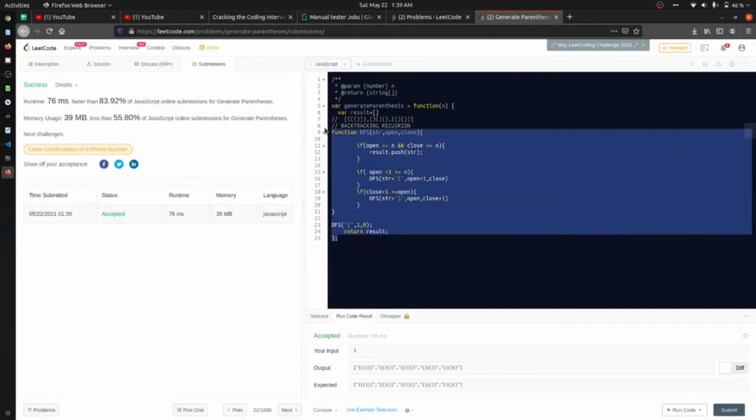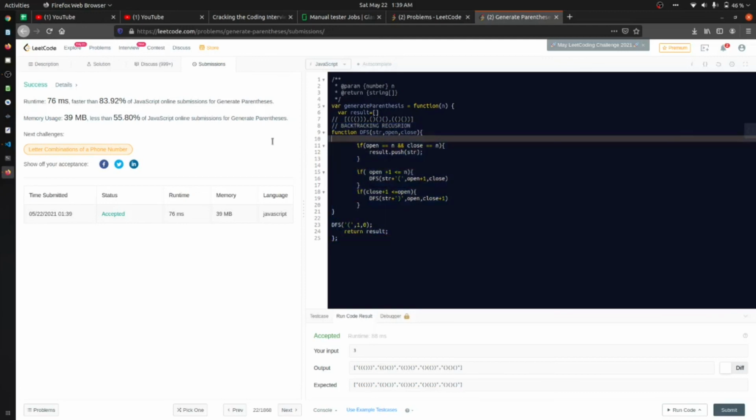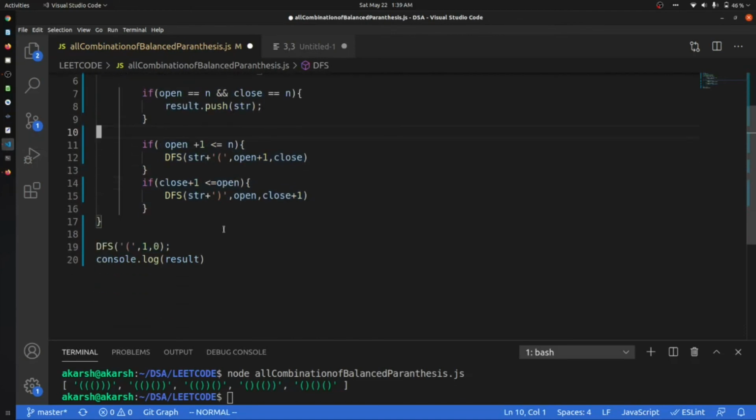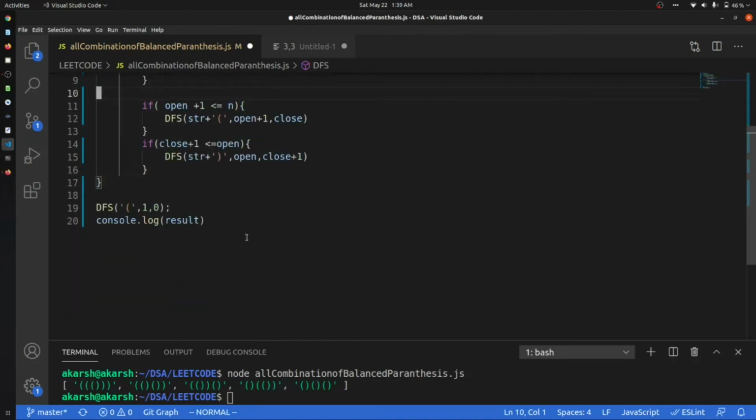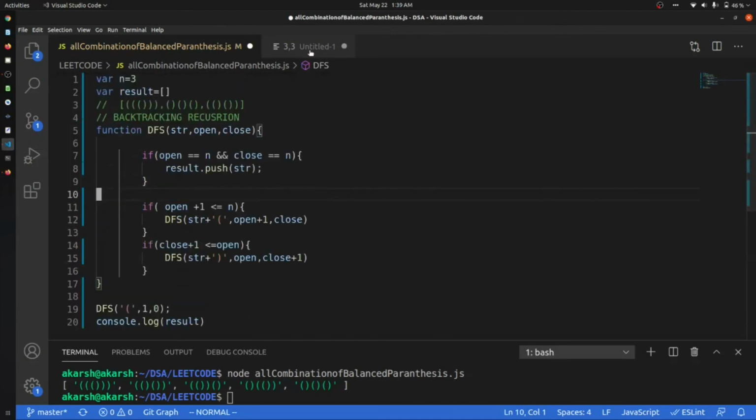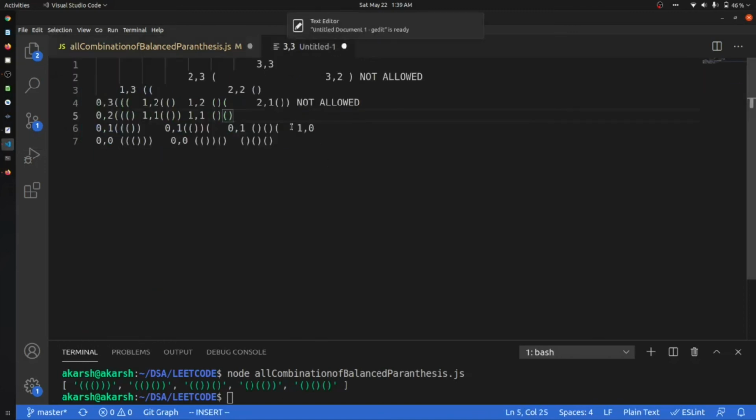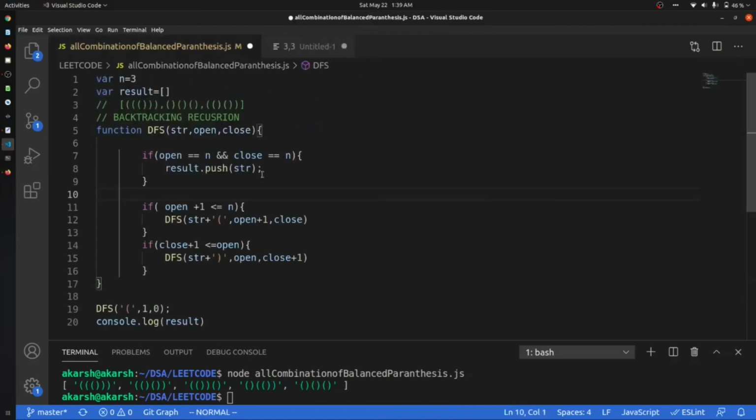So this is a way in which we can solve the question. If you got the concept of how we are doing this, you will get this graph in the description below, and you will also get the pseudocode in the description, so you can take help from that. I hope you all got the concept.